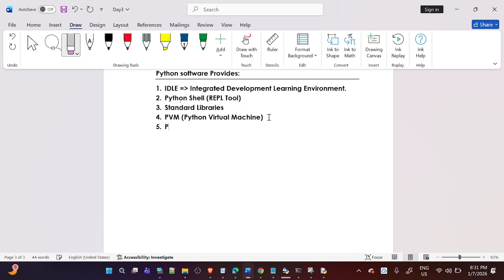So Python provides tools. The first tool name is, we can say, Python debugger. The second tool name is